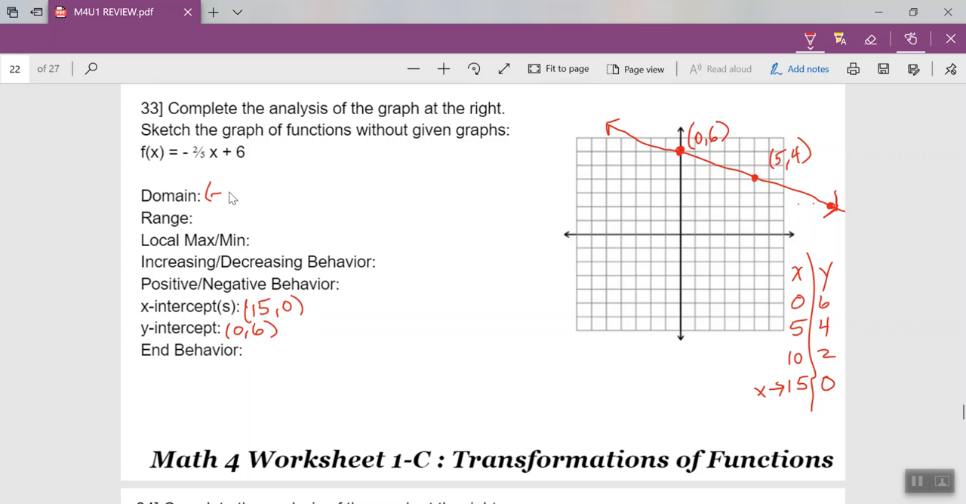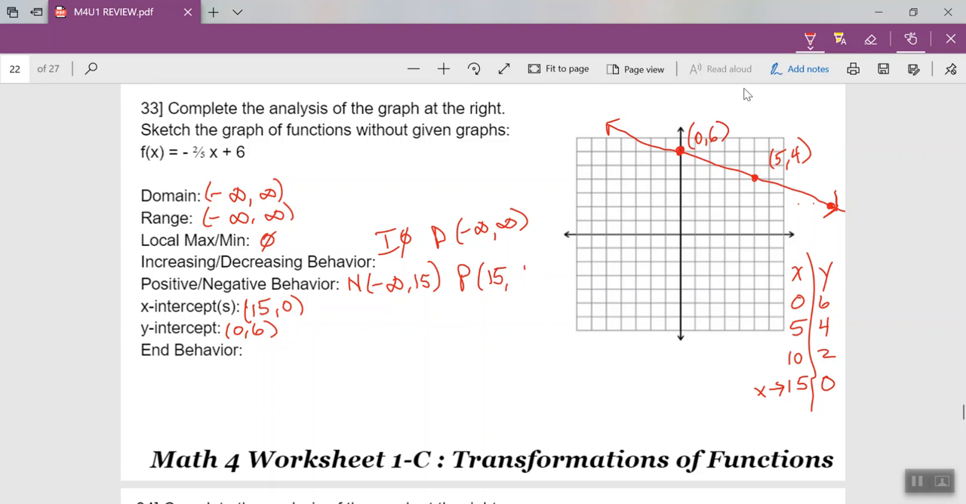Now the domain goes on forever. The range goes on forever. There is no local max or min. Increasing has nothing. Decreasing has everything. Positive, well, if it crosses the x-axis at 15, that means that my negative is everything from negative infinity up to 15. And then my positive is everything from 15 through,